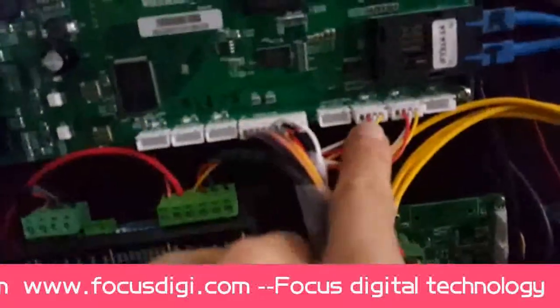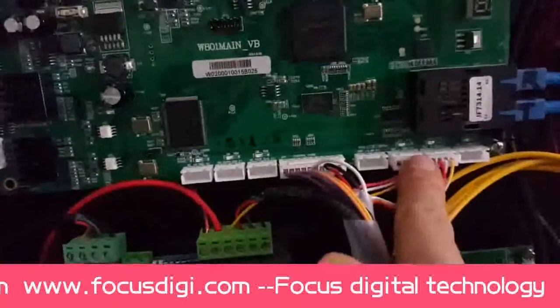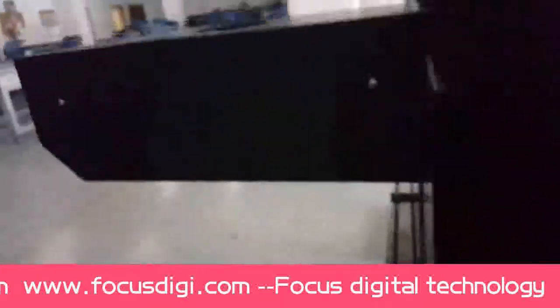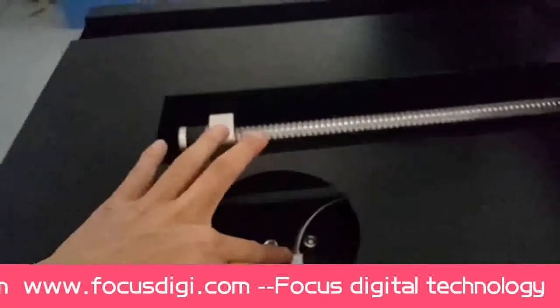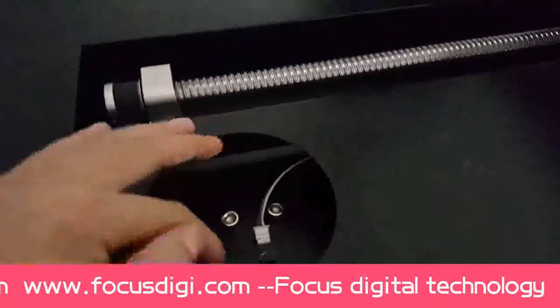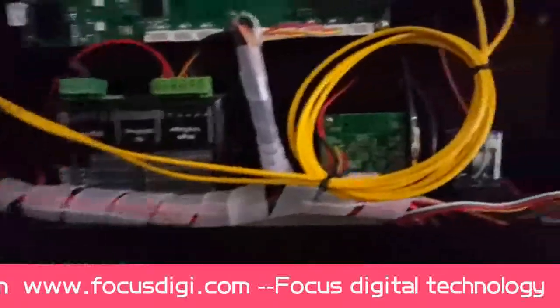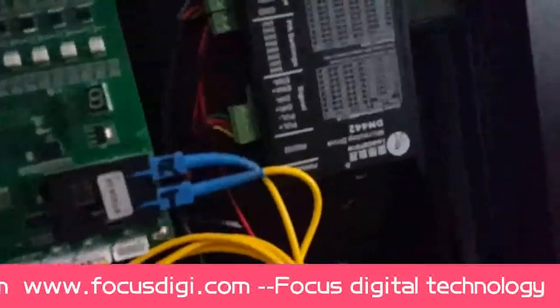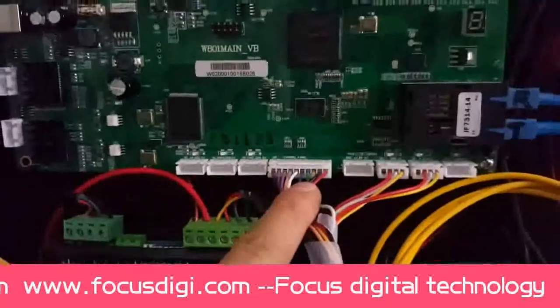And this is the backward limit switch power port, sensor port. The sensor is go to here. This is the backward limit sensor. This is the flatbed up-down motion